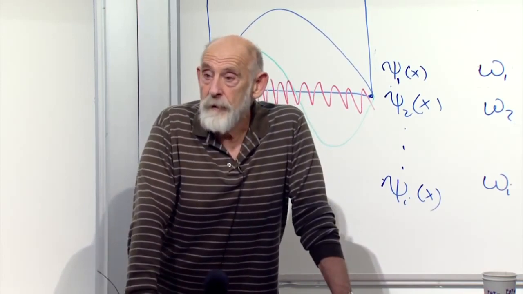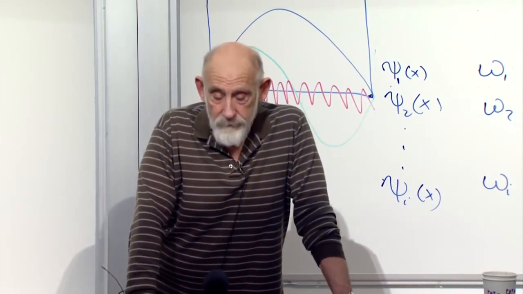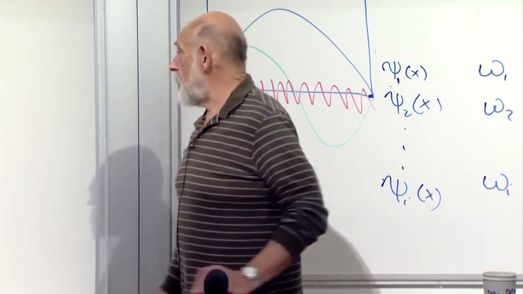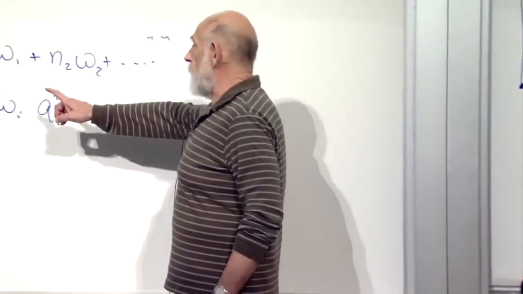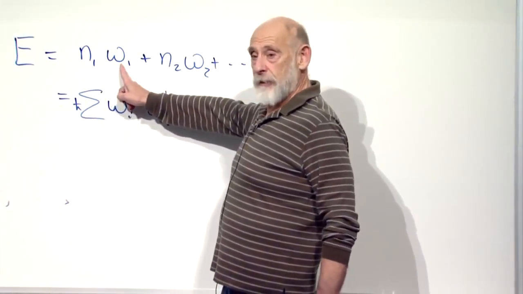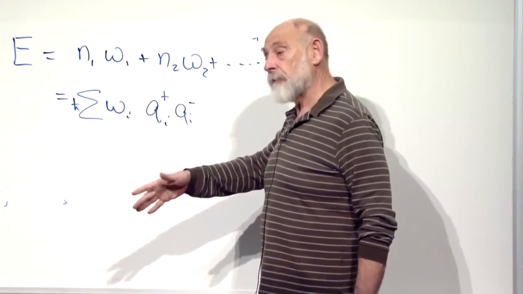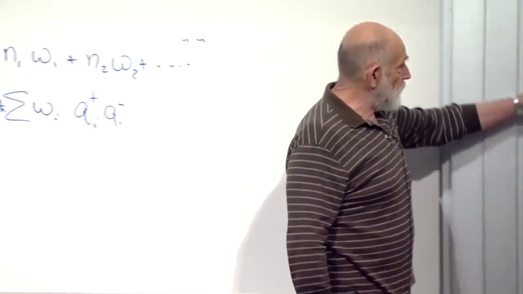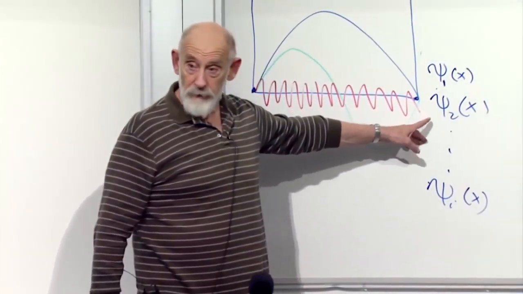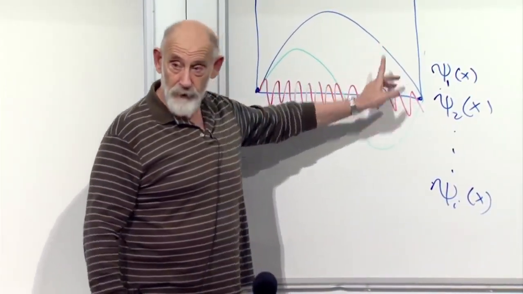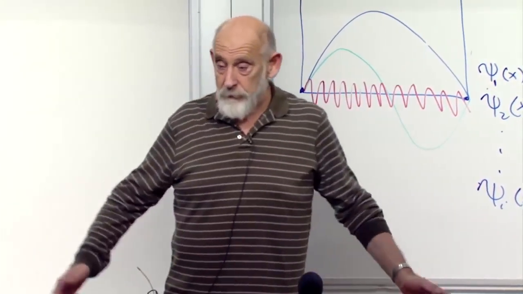Are we assuming that all the particles have the same energy? Same energy? No. If they're in the first state, they have energy 1. All the particles which are in the first state have the same energy. All the particles in the second state have the same energy as each other, but not as the ones in the first state.